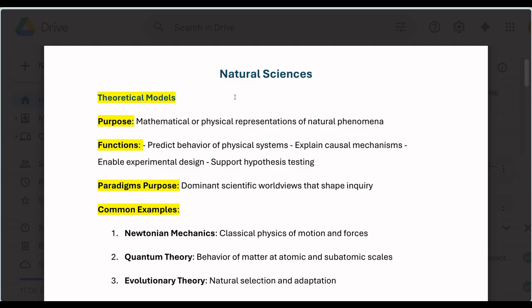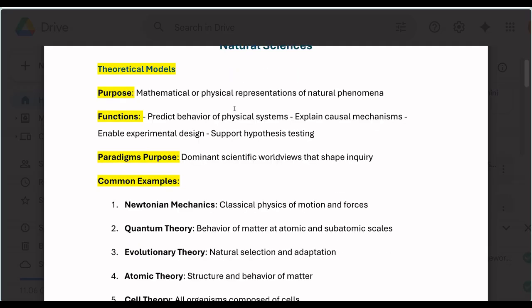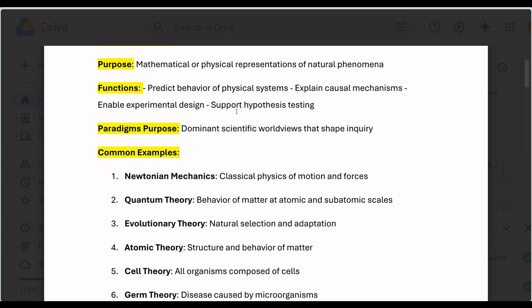So in natural sciences, we have a couple of theoretical models. And I just want us to have a brief understanding of how this works. If you select a theory or you are using a framework, you must spell out the principles of those theories, and you must justify the reason why that theory is appropriate for that study, by saying that this study, under your theoretical framework, adopts Newtonian mechanics.